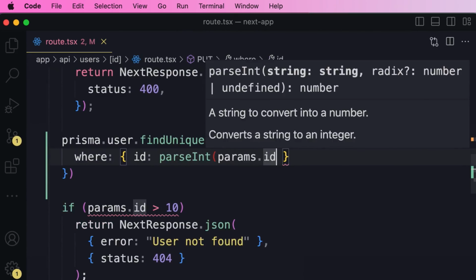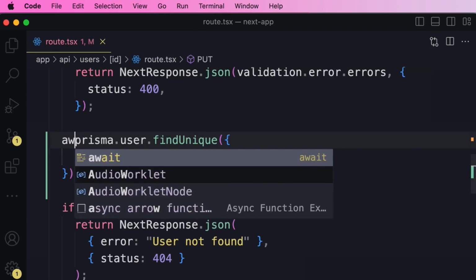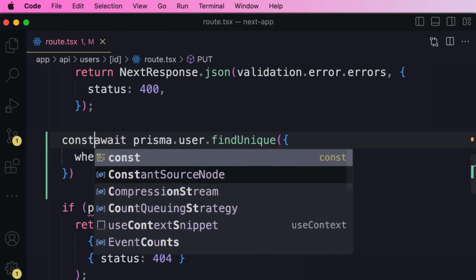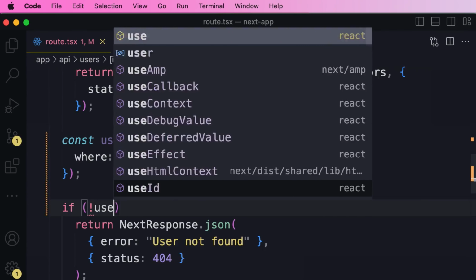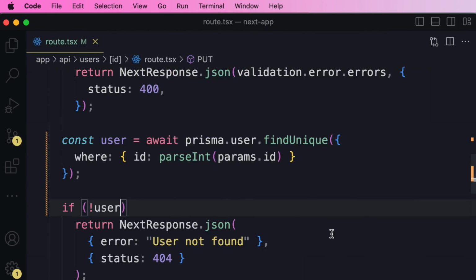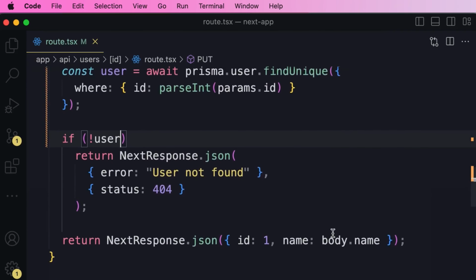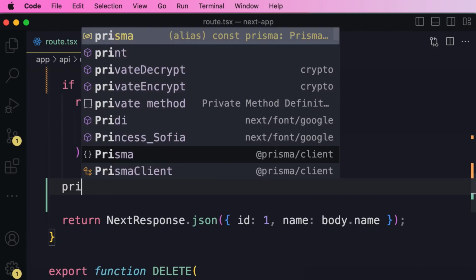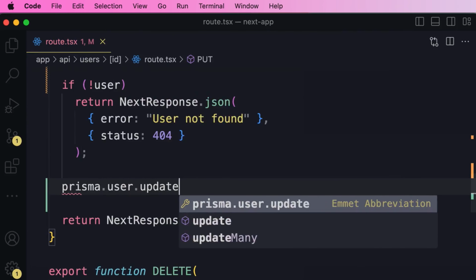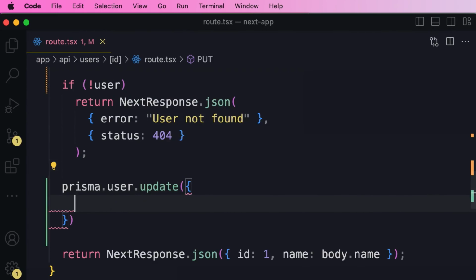Parseint. Good. So we await the call to get a user object. Now, if the user object doesn't exist, then we return an error. Otherwise, we update it in the database. To do that, we call